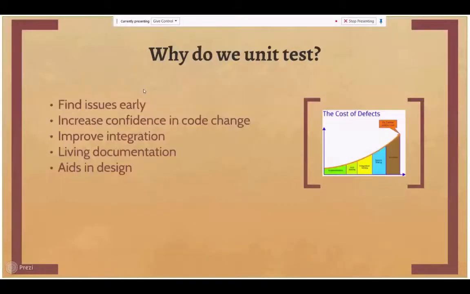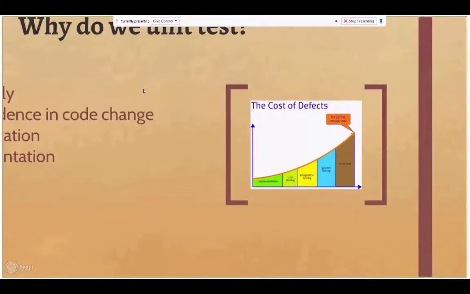Why we unit test is first to find issues early. If you have the person that's writing the code, writing these small little tests to guarantee that the particular code is working the way it should, then you can catch it almost instantaneously. Obviously, you can't catch everything in a unit test, but it does give you a lot more confidence in the code that you're writing. And this is kind of the idea behind catching it early, is the later you catch